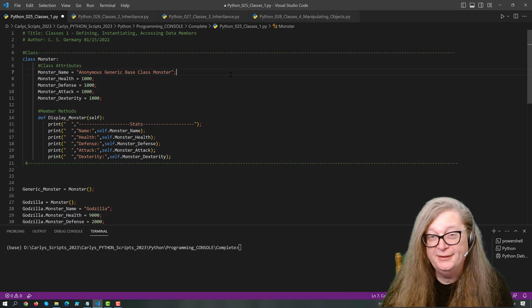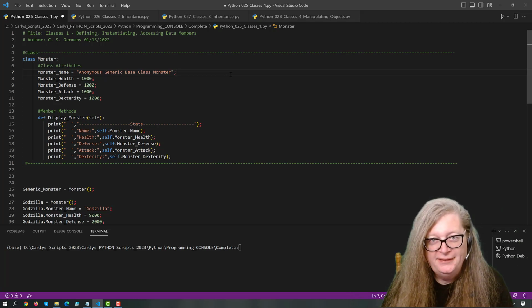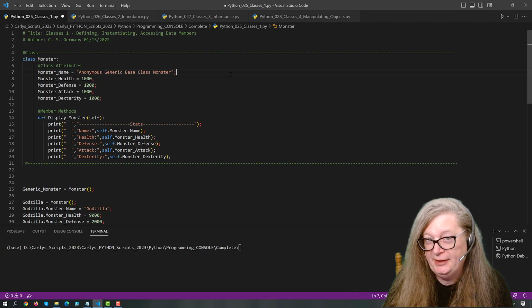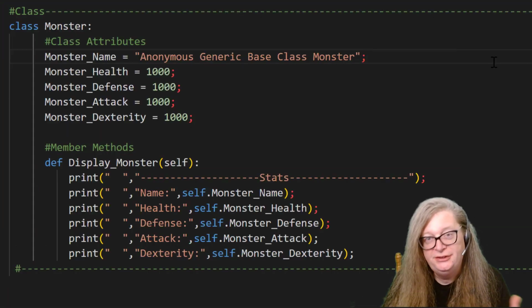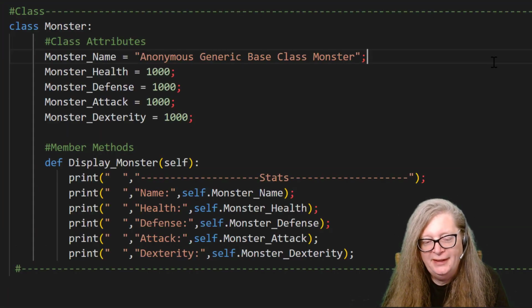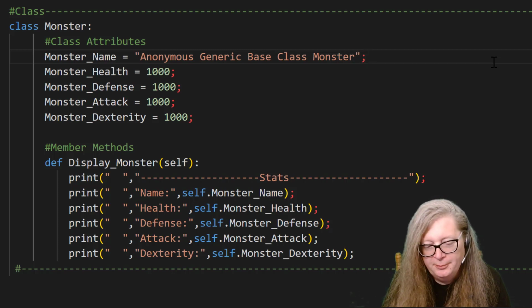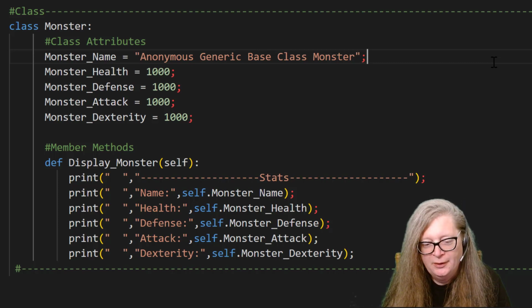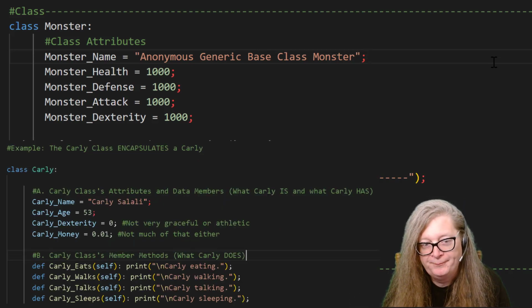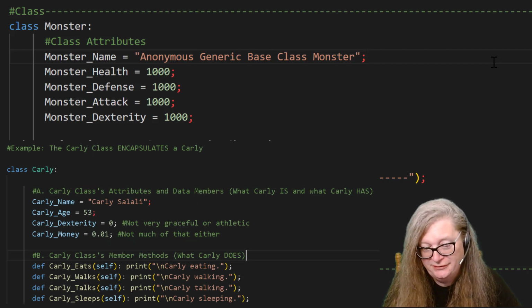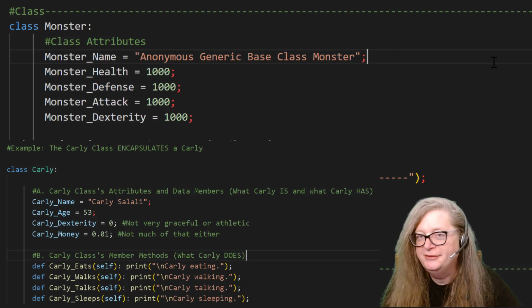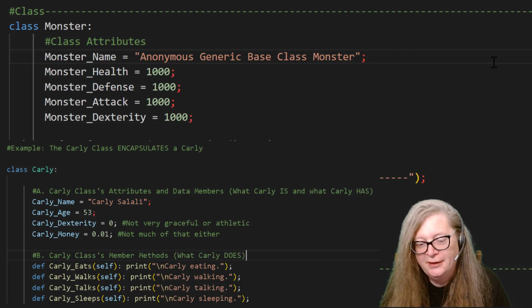In this video, we're going to take a look at another Python structure that's available in many other object-oriented languages, like C++ and Java and PowerShell. And that is the concept of a class. A class is sort of an extension of the idea of a function. It's a way to modularize your code, but it can do more than a function. Whereas a function can have its own data members, a class can also have data members. It can have variables inside of it, but it can also have dozens of functions and methods that correspond to